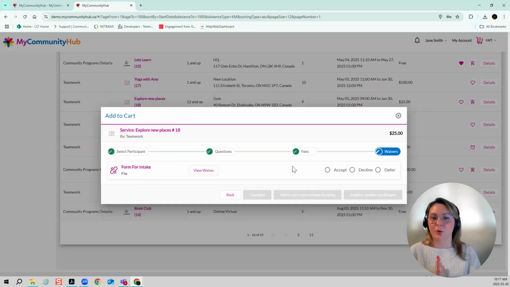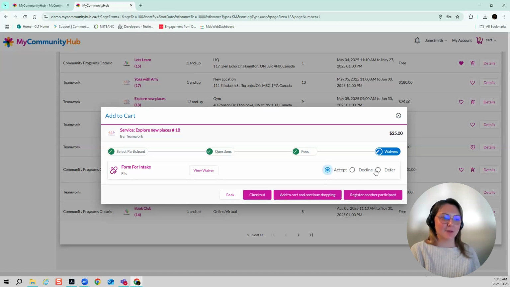So waivers are great for, if we're taking photos, photo release forms, anything like that. But they're also a great way to do your intake. We do have a lot of providers who might post their intake form either as a downloadable PDF that somebody can fill out and bring to you, or as a link that links out to, let's say, a Google form or to your website where they can enter the information there. That's a great way to get around the medical questions. Because you're linking out to a Google form, you can ask the medical questions because it's not being stored with us. So it's a great way to, again, get more information on who's signing up.